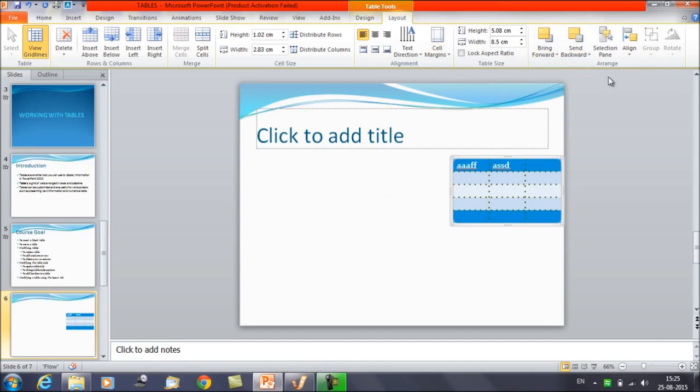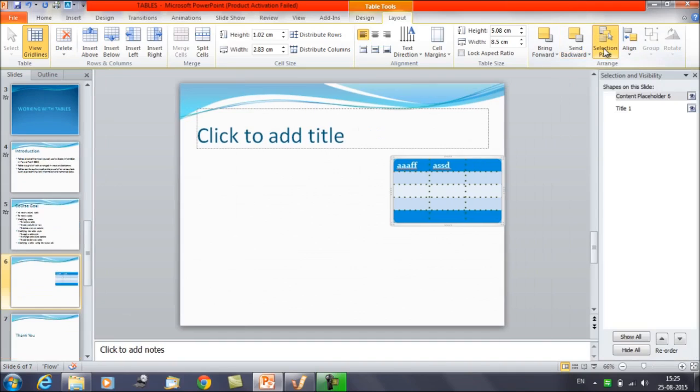Talking about the arrange option, these are the options available when you have multiple objects. Bring forward, bring to the front. Let me place a cursor here. Bring the selected object forward one level to the front of the objects. Then we have send backward, send the selected object back one level or to the back of all objects. Selection pane,